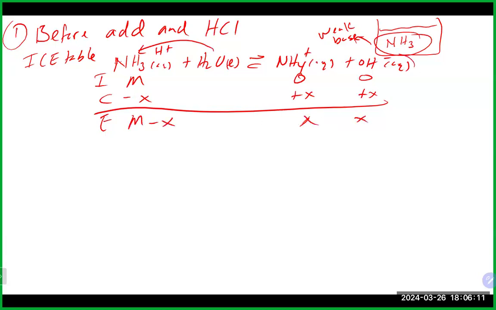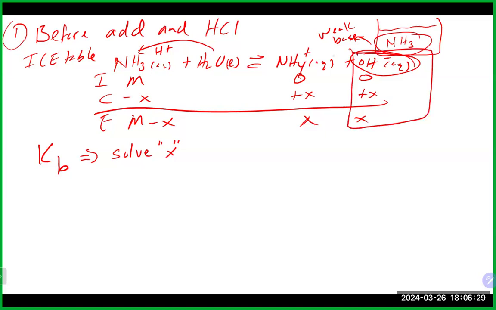This clearly would go into our Kb expression. We would solve for X. It is important to remember that when I do solve for X in this case, what does X equal in terms of the pH? That actually equals the OH minus in this case, yeah? So that will give you your OH minus, which means you're going to probably get your pOH first and then